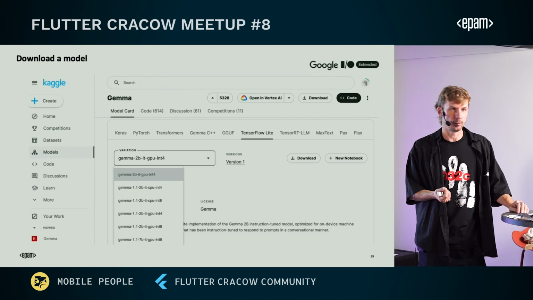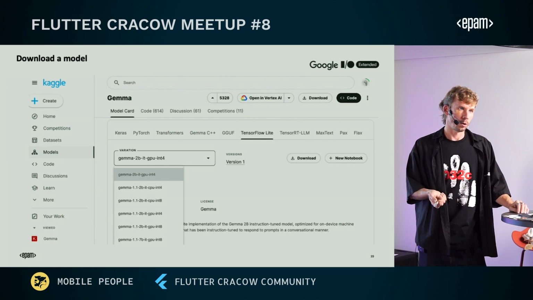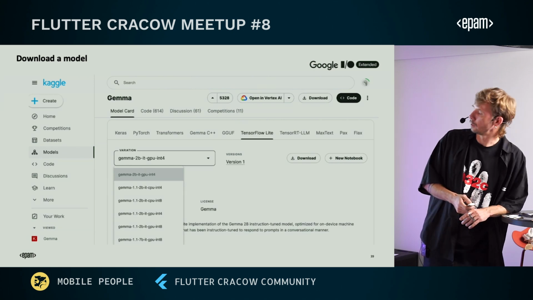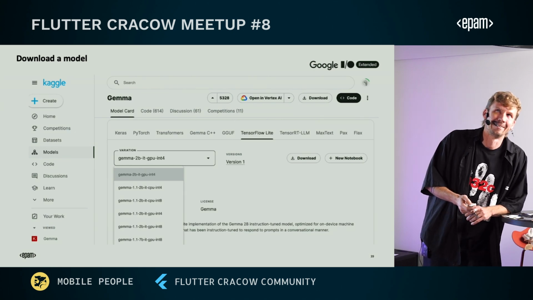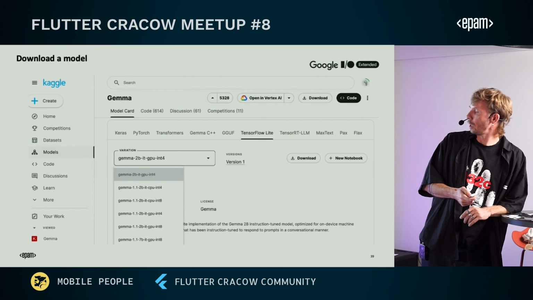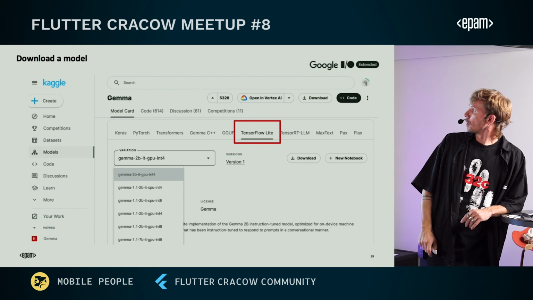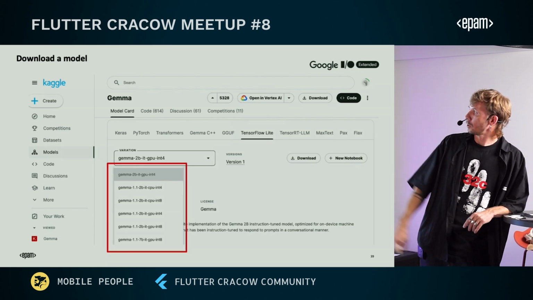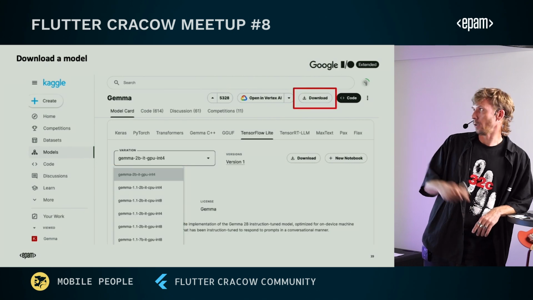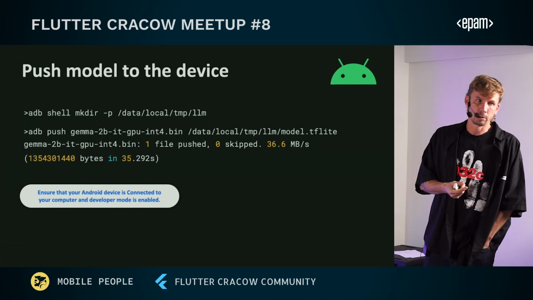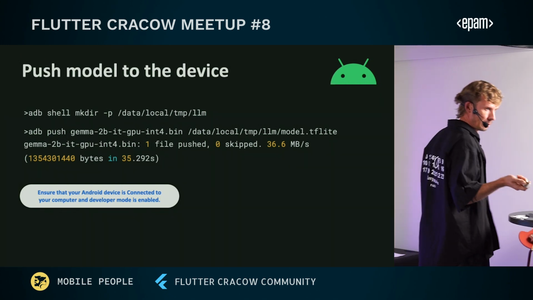If there is no GPU, the model won't work. For example, Gemma Mediapipe on web supports only the GPU model, because it works with WebGL. So choose TensorFlow Lite, download the model, and press download. After you download it, you have to upload it to your device.